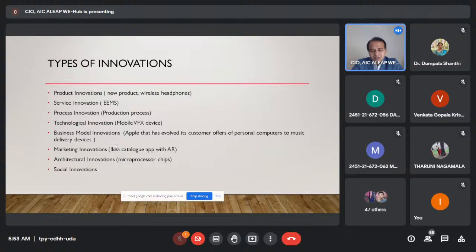Now marketing innovations. Marketing innovations are referred to as very matured innovations, because every day we see a lot of changes in marketing innovations. One of the best examples I can give is that the IKEA company brought a catalog app with augmented reality, where the customer sits at home and just browses the catalog app. Through his mobile phone he can install the app and see all the items